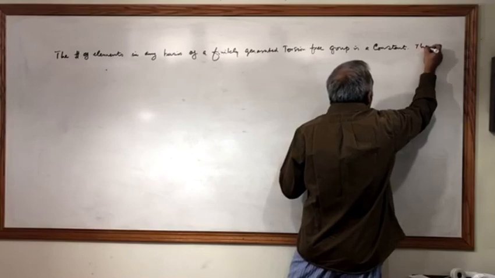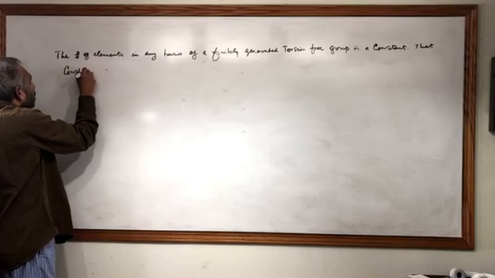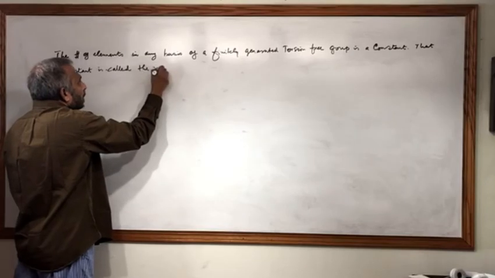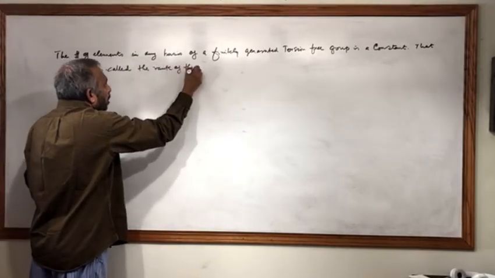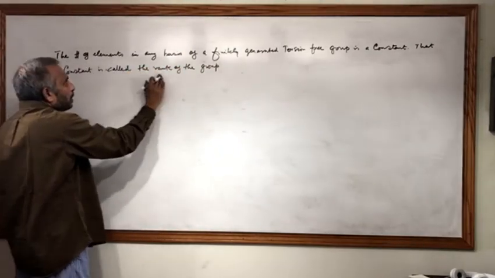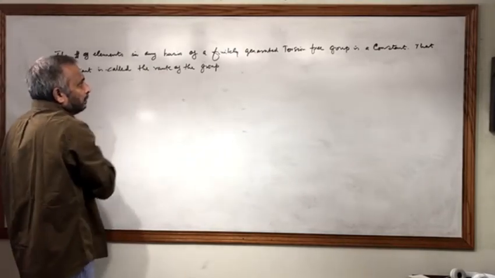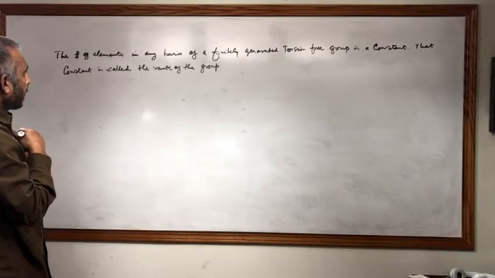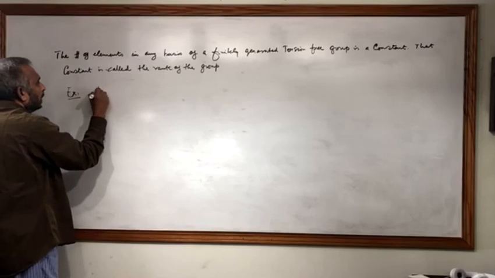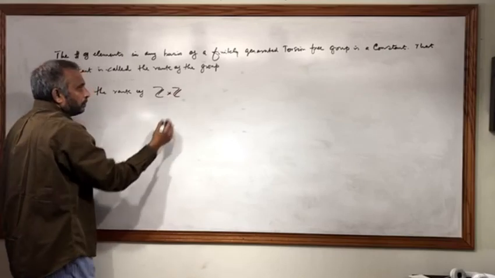That constant is called the rank of the group. The similar term in linear algebra, the rank is dimension. But this is different because we are not dealing with fields here. Example, the rank of Z cross Z is